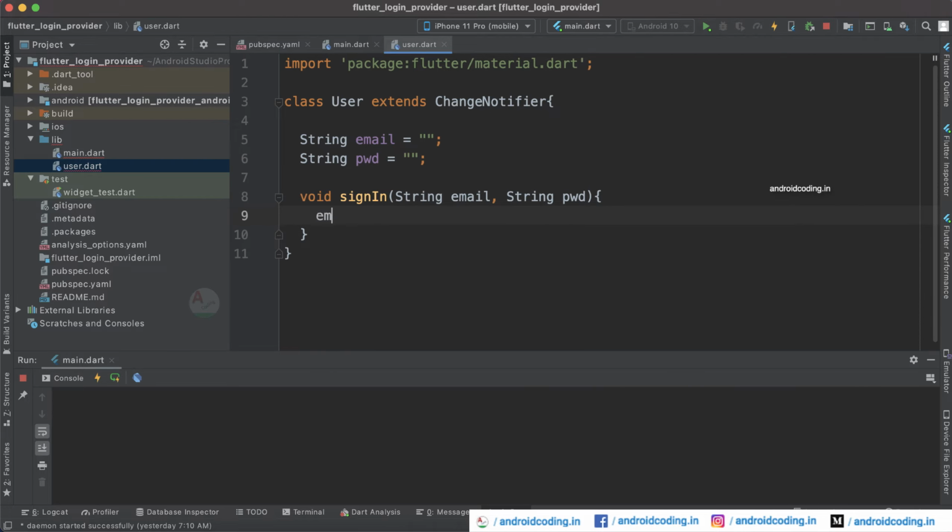And now let's try to assign this to our variables here. And if you are having any confusion here, you can try to add some more extensions over here. Like, this is not a good example, but you can add something like this to avoid the confusion. So password, I'm just trying to assign it here. And also don't forget to specify notify listeners here, so that the consumers will get notified regarding the information and they will try to observe the information.